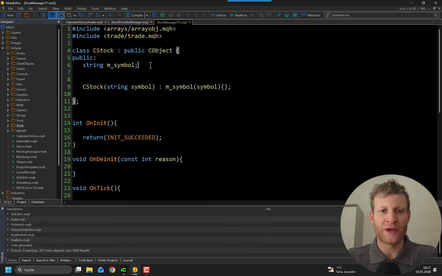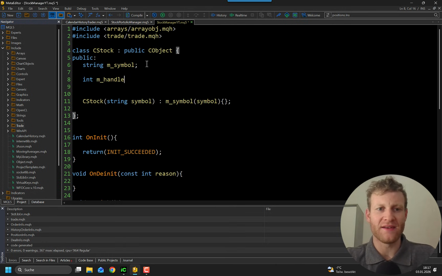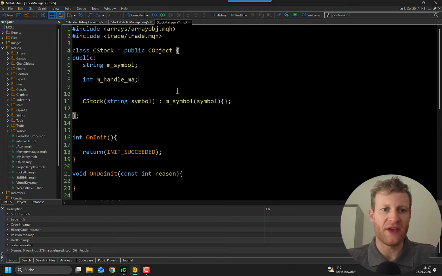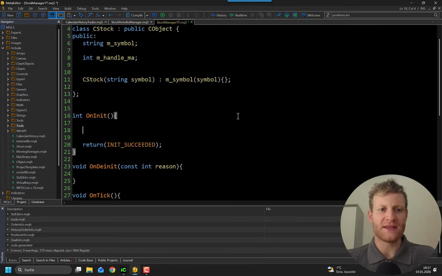So what we want to do next is we also want to have here a handle for the moving average. So here we have an integer value, of course, M handle moving average, and here we will get the moving average handle for every single stock, because every single stock, of course, needs its own moving average handle. So how can we make use of this CStock class now? For example, in the onInit,